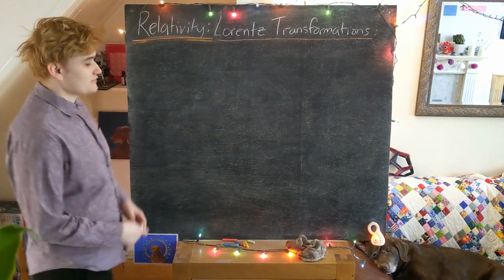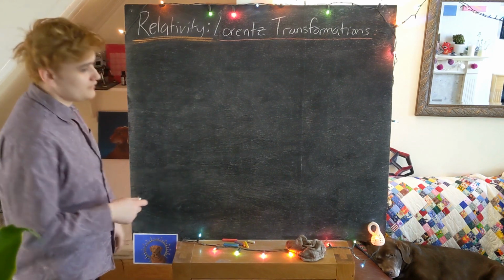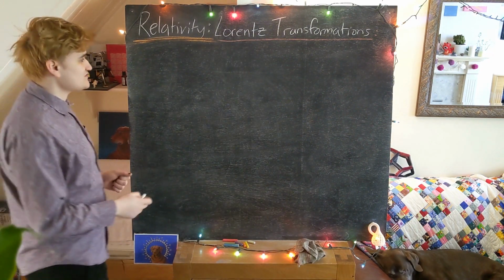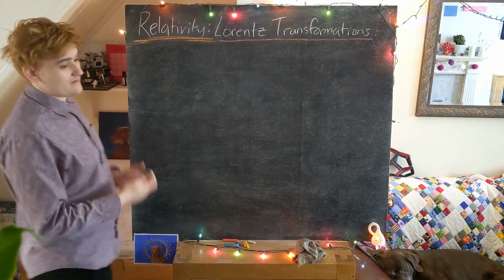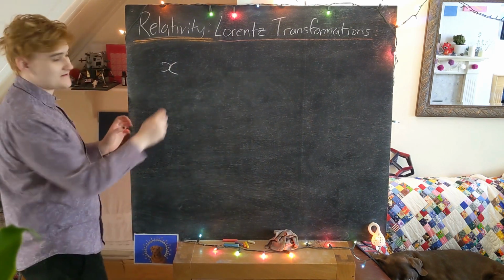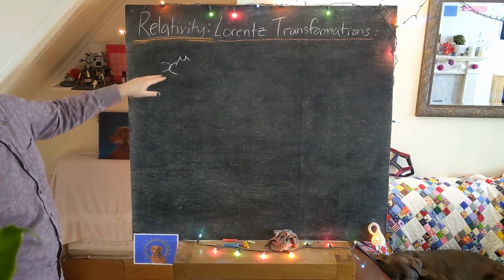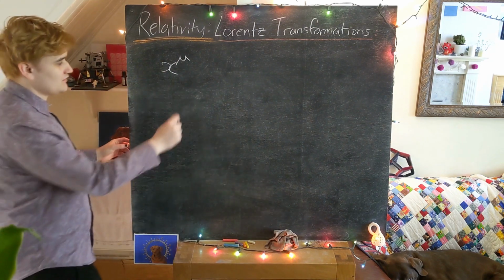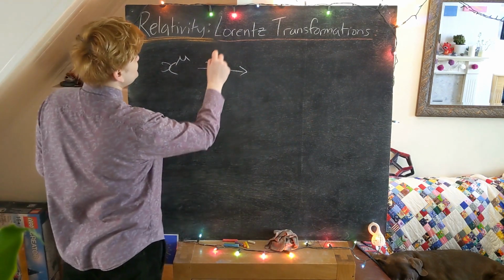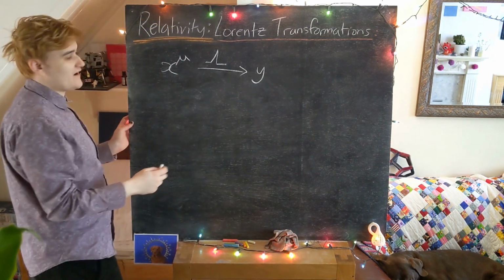Okay, so let's now go through and start deriving what a Lorentz transformation is going to be. Just to remind you, a Lorentz transformation is going to be a coordinate transformation between two reference frames. So if we have some reference frame x mu, remember this is just a four-tuple specifying the coordinates in the x frame, we're going to then have some kind of transformation, the Lorentz transformation, that's going to take us into our new frame, y,